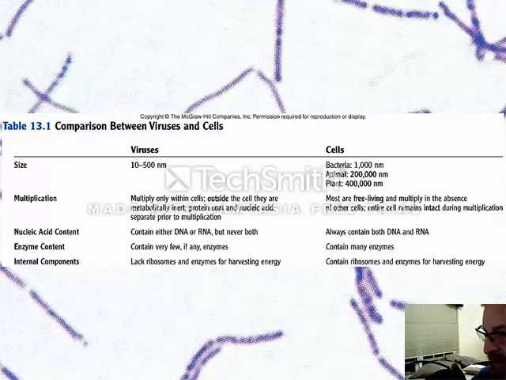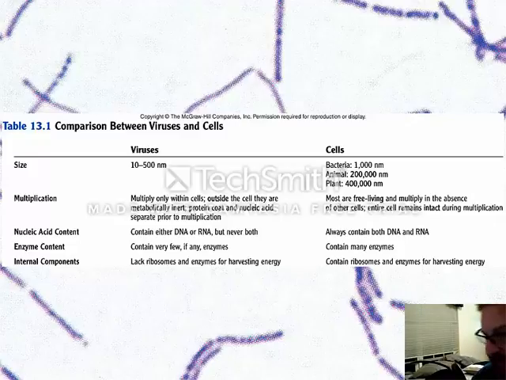Just to compare some things between a virus and a cell, your bacterial cells tend to be about 1,000 nanometers. Okay? A virus is 1/100th of that size in general, and you can see that animal cells and plant cells are quite a bit bigger than our other cells. Now,